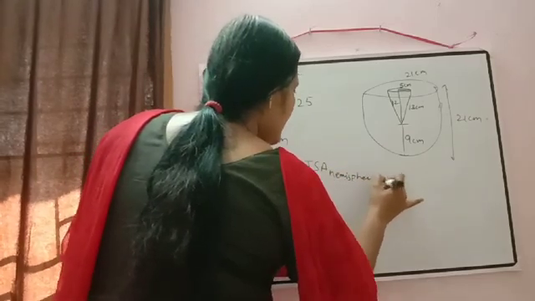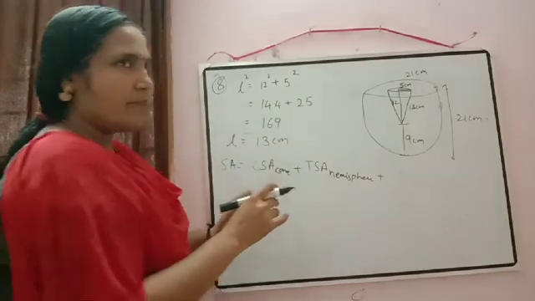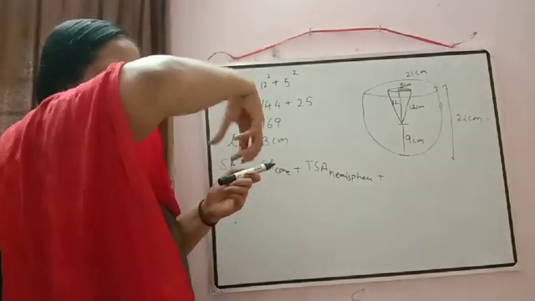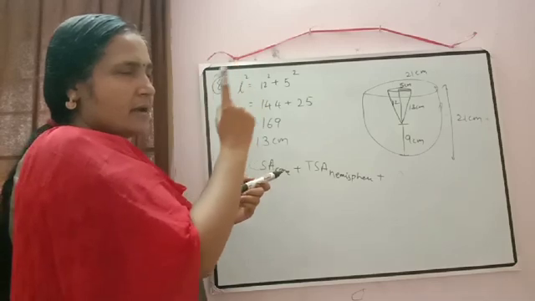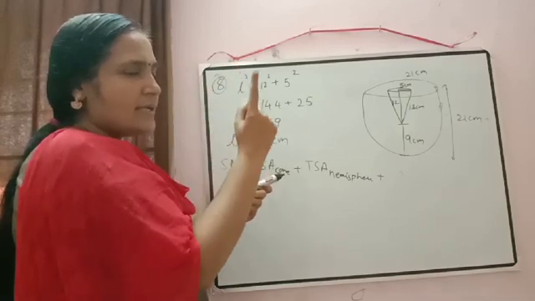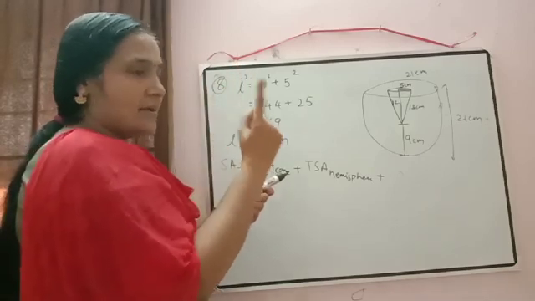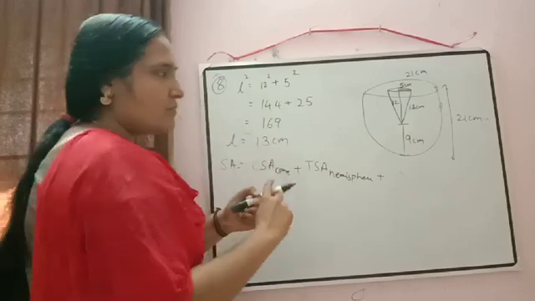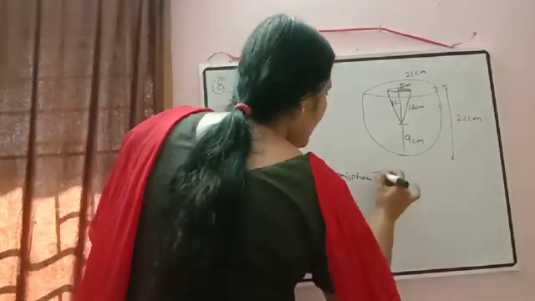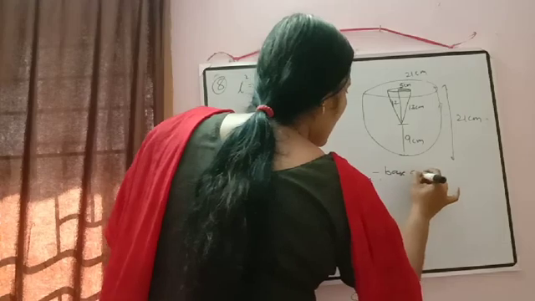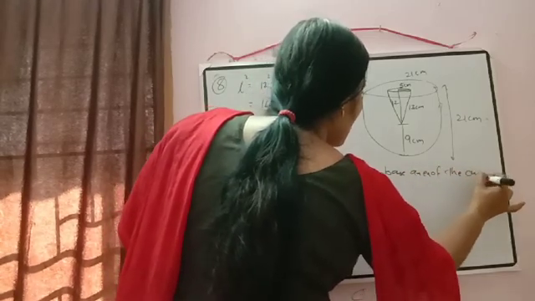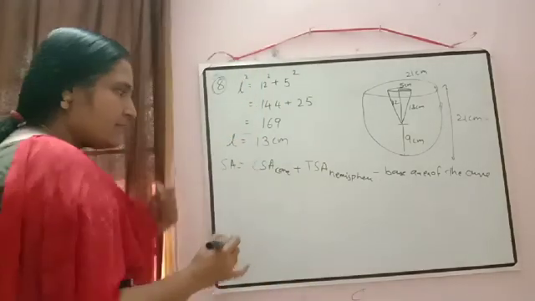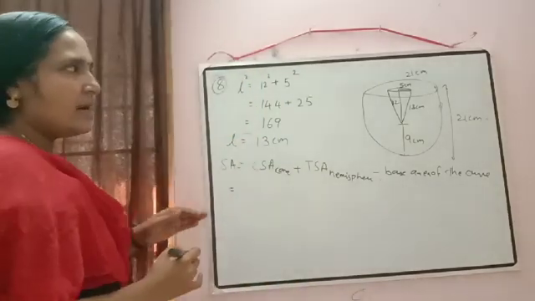But in calculating the total surface area of the hemisphere, you just check, when we took the conical depression outside, a hole is there. Correct? A hole is there, and that hole is in the form of a circle. So that area we don't need. So what we will do here? Minus the base area of the cone. Clear? Okay.